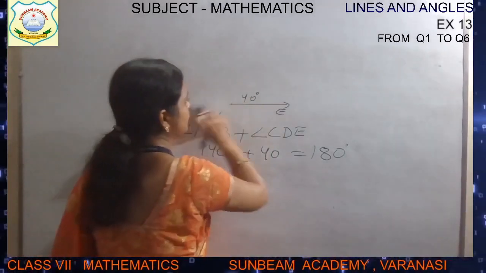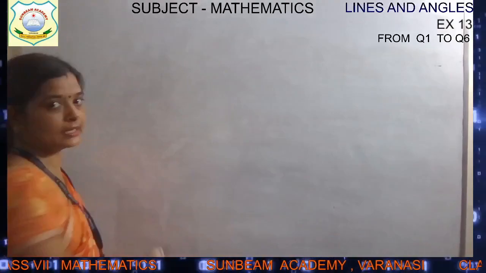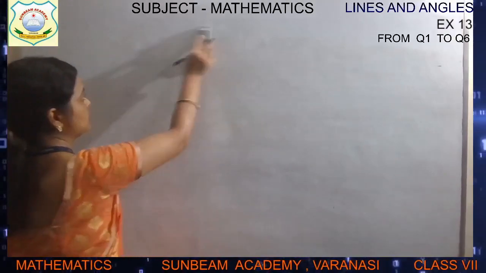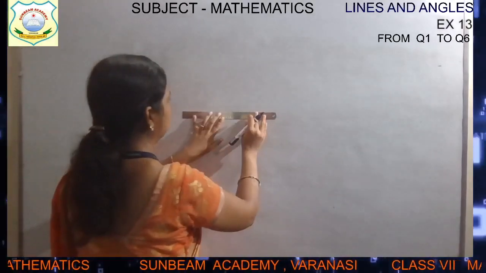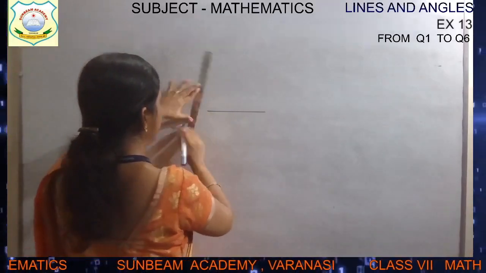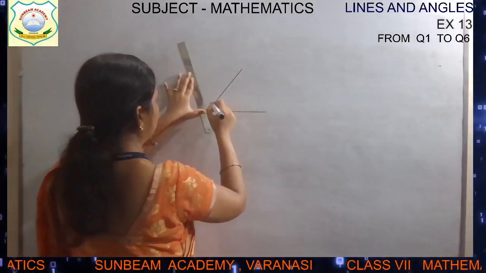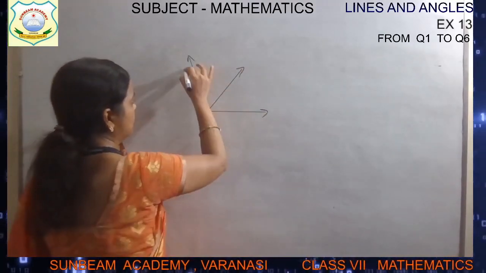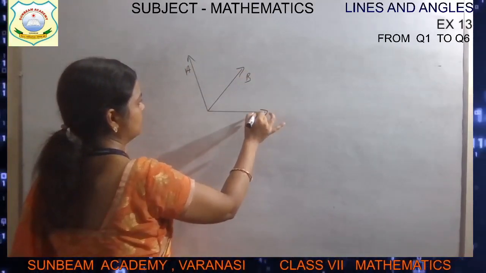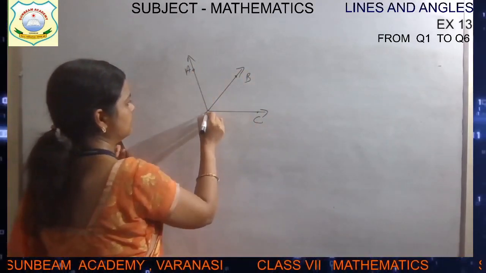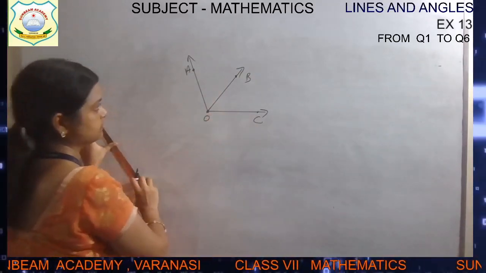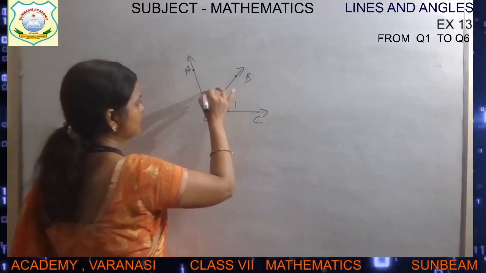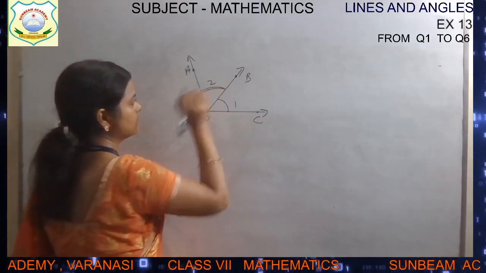Now after that, the next topic is adjacent angles, children. So for adjacent angles, no need to write it, just draw adjacent angles. One angle is this one and another angle is this one. I have drawn two angles, A, B and C. These are the points and this is vertex O. Now this is angle 1, and this one is angle 2.